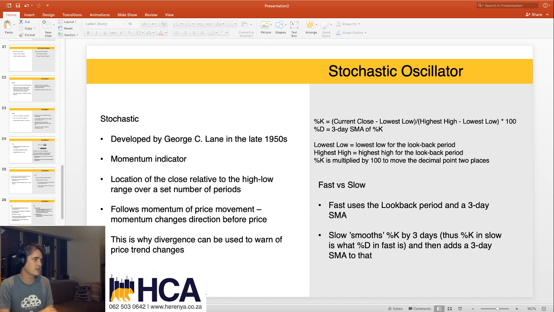Anyway, so we looked at this calculation. We have to work out the percentage K and percentage D line. Percentage K is the current close minus the lowest low